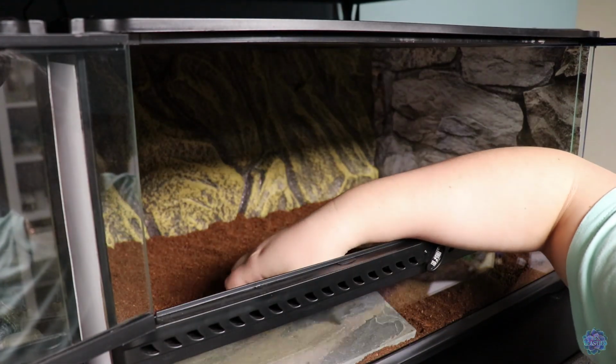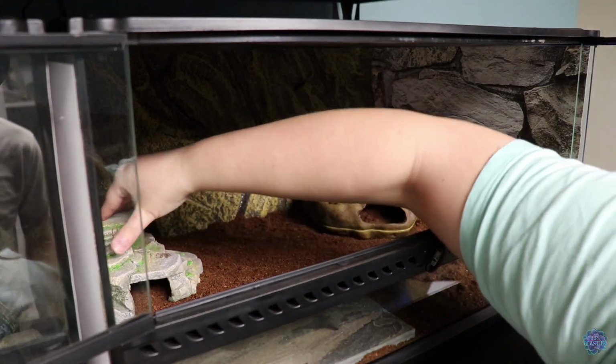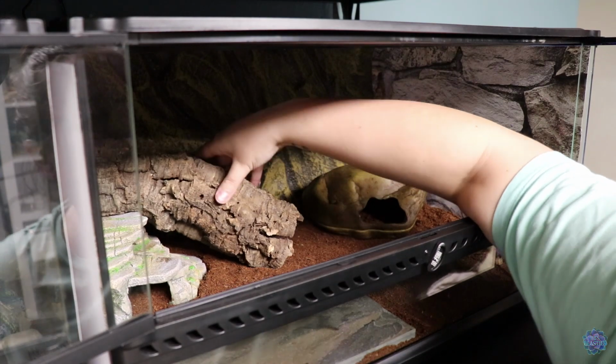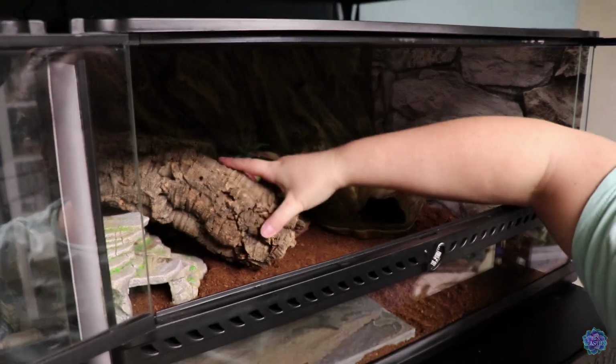So first we've got his slate tile in the front, which is where he eats, and then we've got his cool/humid hide/bathroom there to the right, his hot hide there to the left. Then I added this really big cork round for him that he could climb on top of as well as go inside. This homemade decoration piece that he had before, we put that there in the back center,